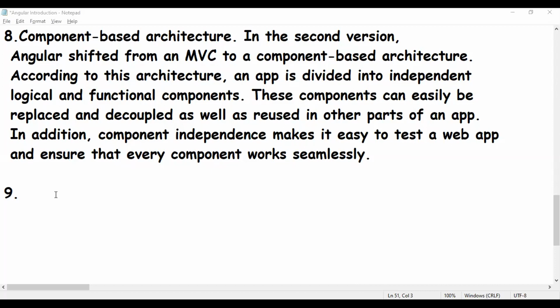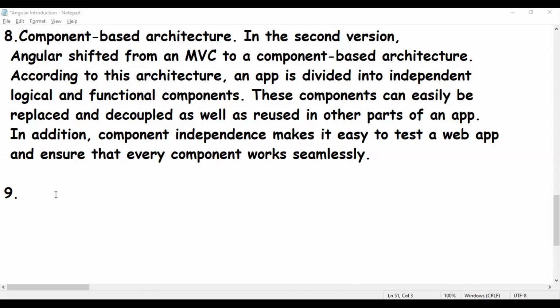An AOT compiler is also much more secure than a just-in-time compiler, which is what we use in Java. An AOT compiler, that is ahead of time compiler, is also much more secure than a just-in-time compiler, JIT compiler.